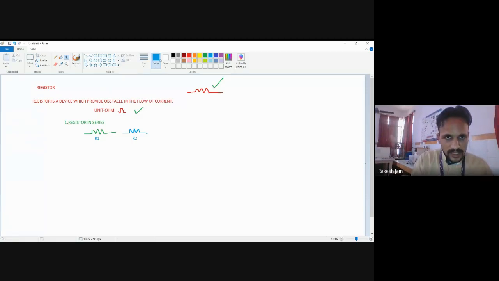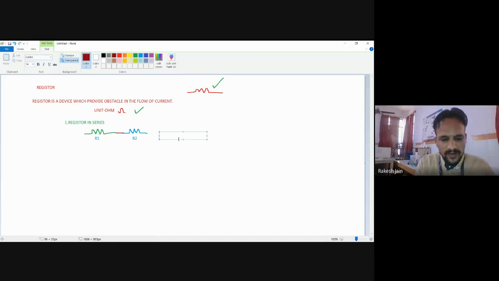Okay. If two resistances are connected such that one terminal of each resistor is connected with the other, see, with this brown color line I show you that one terminal of R1 and R2 are connected together, and the other terminals are not connected with each other. They may be at a different place in that circuit. We don't look at them. So we just keep in mind that if two resistors are connected such that one terminal is connected with each other, then this is known as resistors in series.